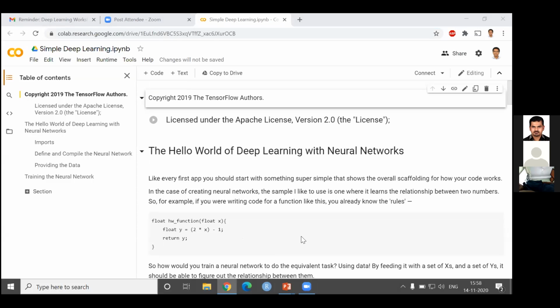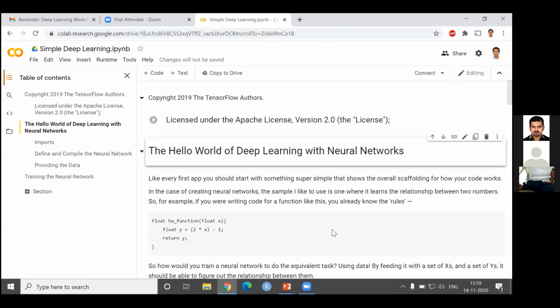I think we have just received the Google Colab link. So I will work on my own notebook here, and you can also open the Google Colab notebook and work on it. Whatever we have discussed so far, you will be discussing on this Google Colab notebook, okay?